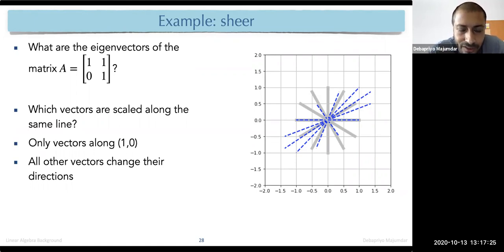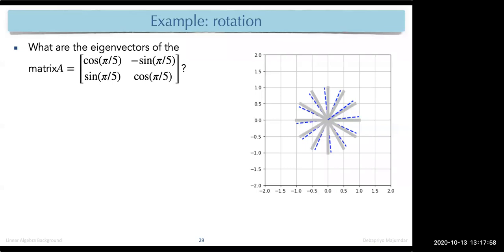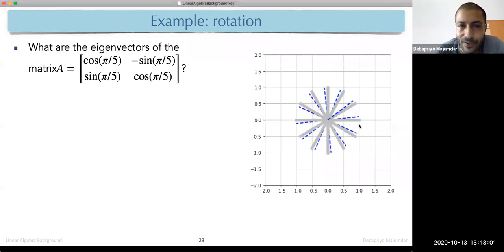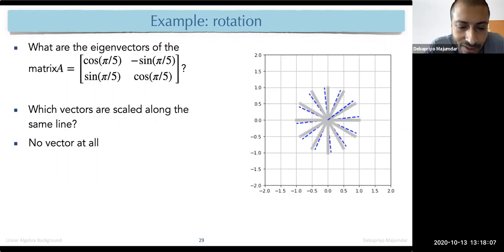Now we can think about a question. Does it mean that this matrix has only one eigenvector? I mean, only one normalized eigenvector of one norm? Well, in our life of data science or data mining, of real vector space, yes. We will not think about complex eigenvectors or eigenvalues. So yes, in our case, yes. Rotation: what are the eigenvectors of a rotation matrix? No eigenvectors, because if you rotate by pi by 5, everything rotates, right? So no vector at all. All right, so these are our eigenvectors.